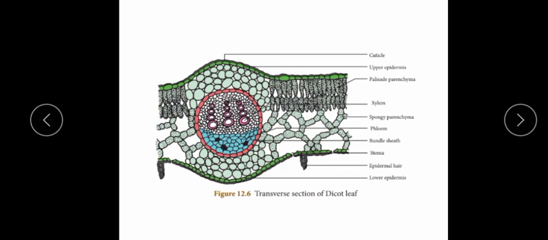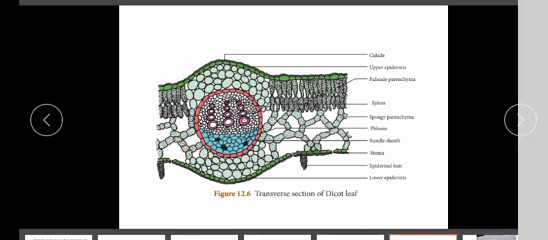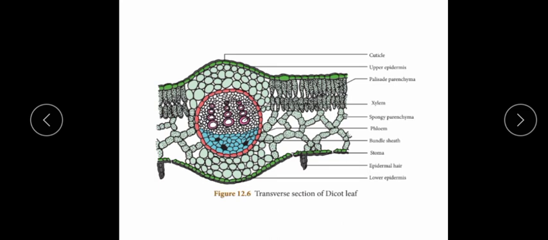Again let's get back to the lesson where we've been learning with the dicot leaf. Outermost layer, if you see here, you can see the epidermis is in two layers. Here you can see the epidermis which is going to be on both the sides, upper epidermis and the lower epidermis. Outer to the epidermis, you can see one thin layer that is going to be the cuticle layer, which is